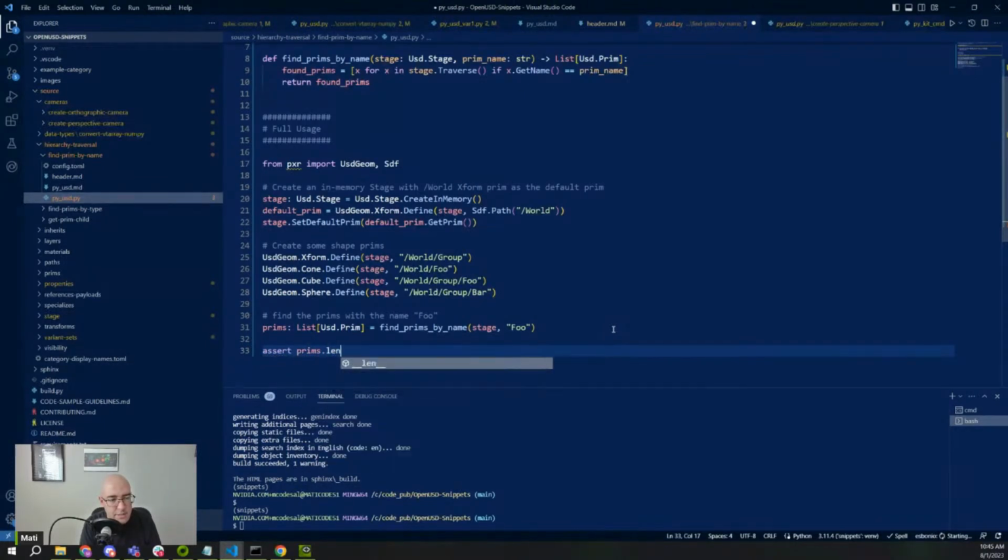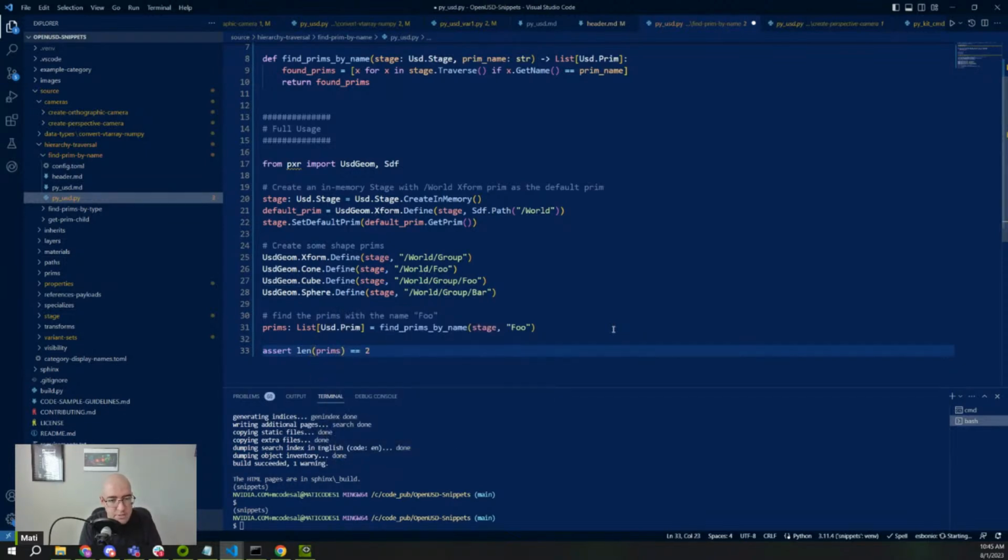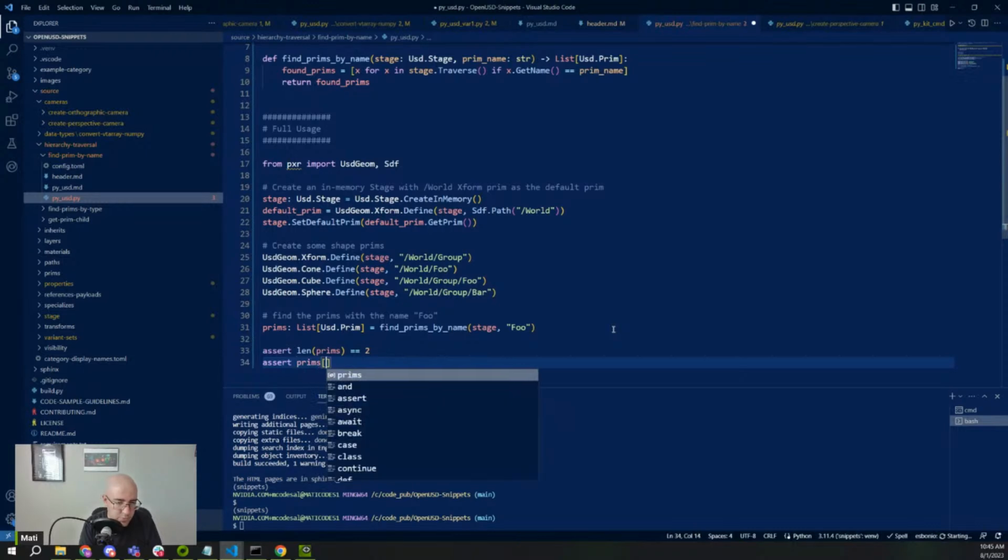Assert prims dot length of prims should be equal to 2, and prims 0 at name would be equal to foo,